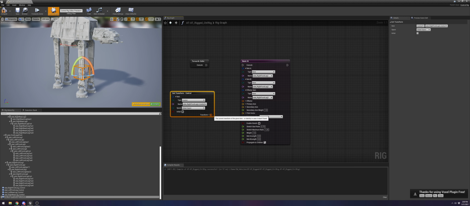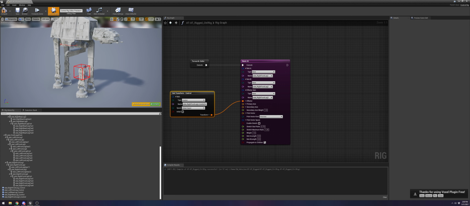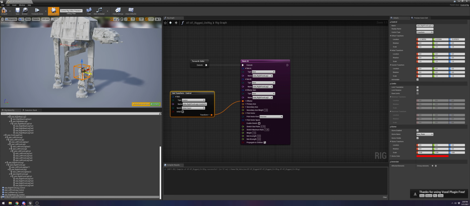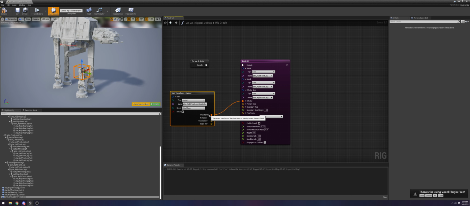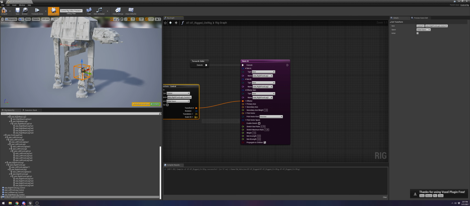I will plug the transform control into the effector here, and then plug in execute. And you can see when I do that, everything up top is all messed up. So when I move this effector, everything is rotating, and everything obviously is working below right front leg 3, but everything above it is not working properly. So if I reset that back to 0,